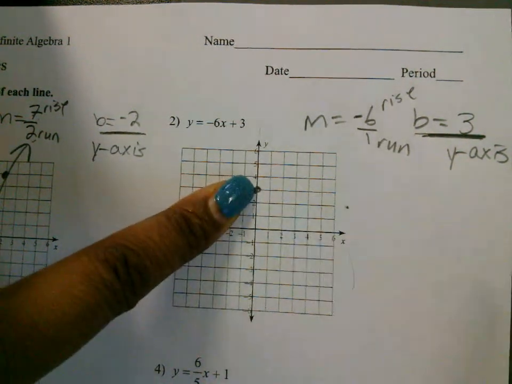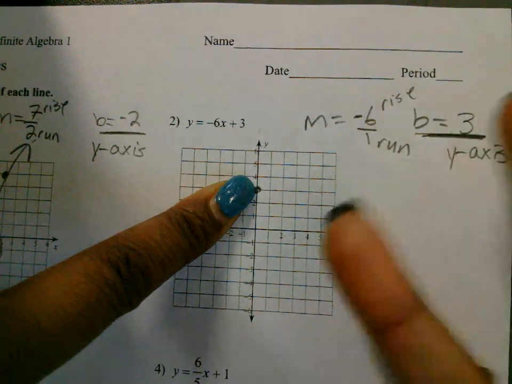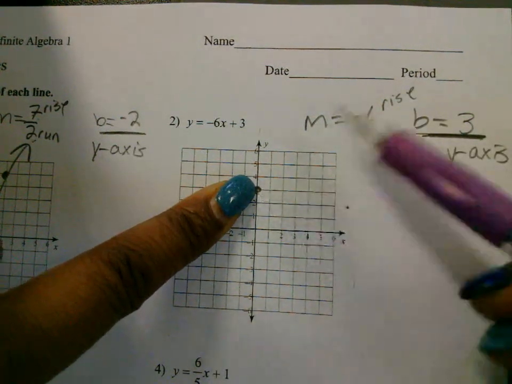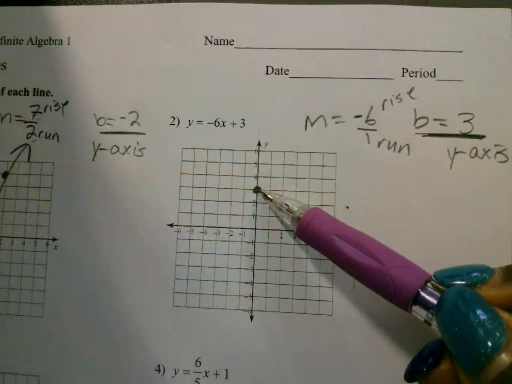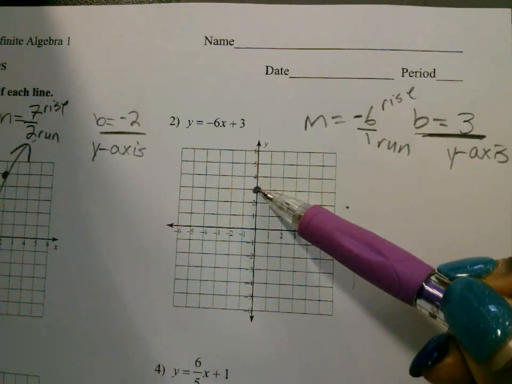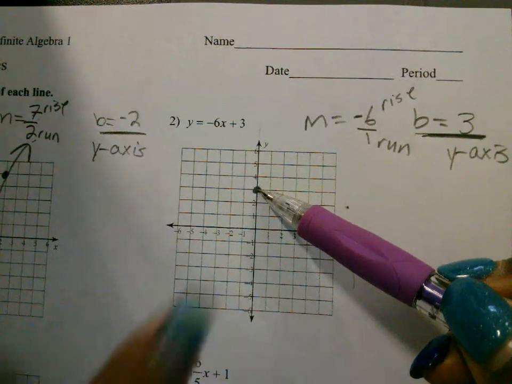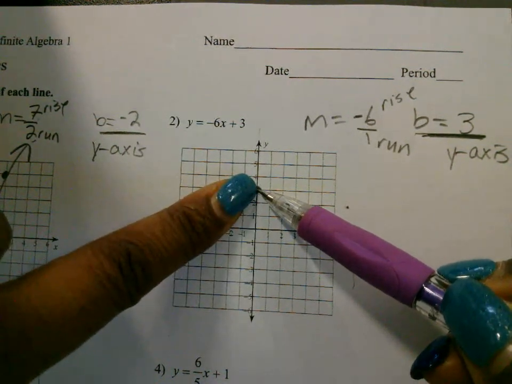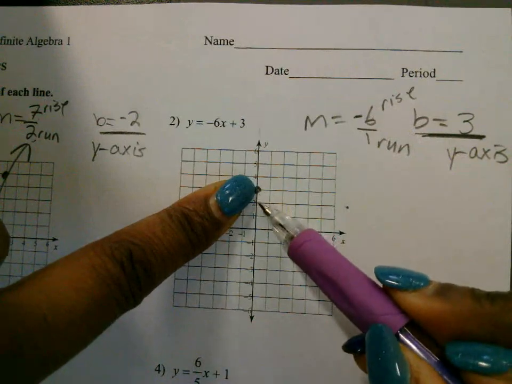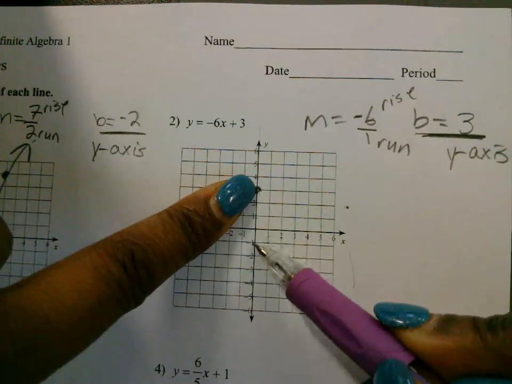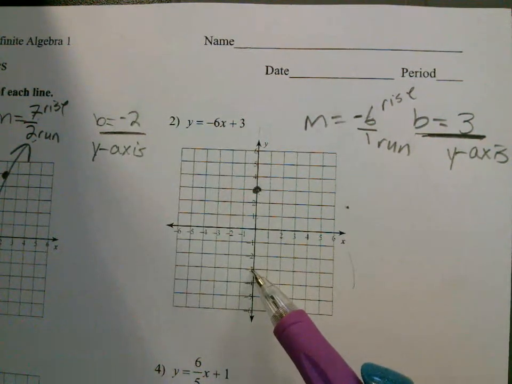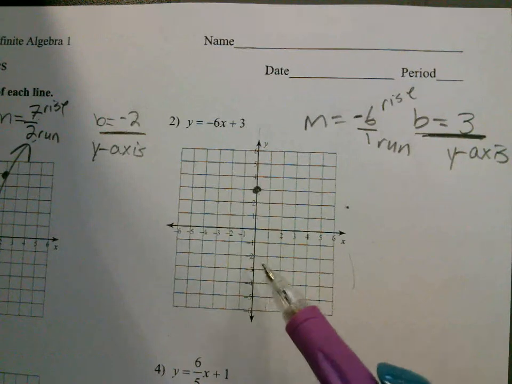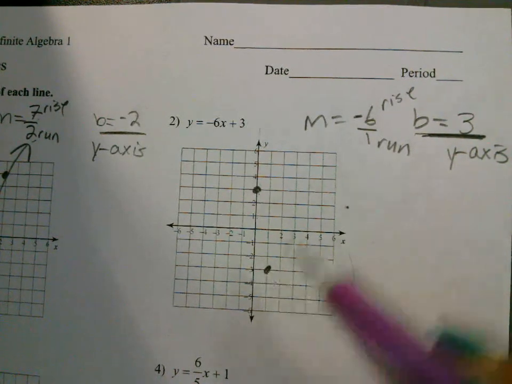All right, so now we're going to use the slope, the third step, to put points on the line. My rise over my run. My rise is -6. So from here, where do I go? Am I going to go up or down? You got to go down because it's a -6. 1, 2, 3, 4, 5, 6. And am I going to go to the left or to the right? To the right one because it's a +1. 1 time to the right. This is my line.